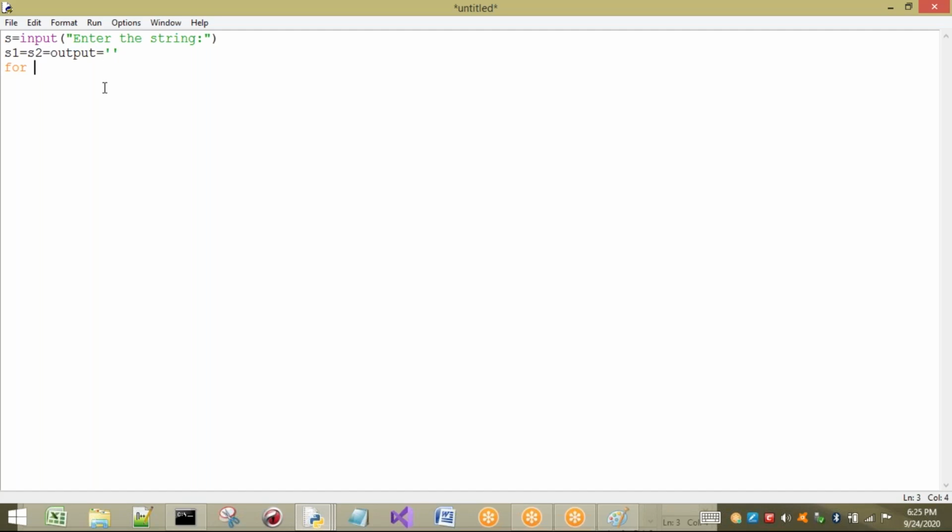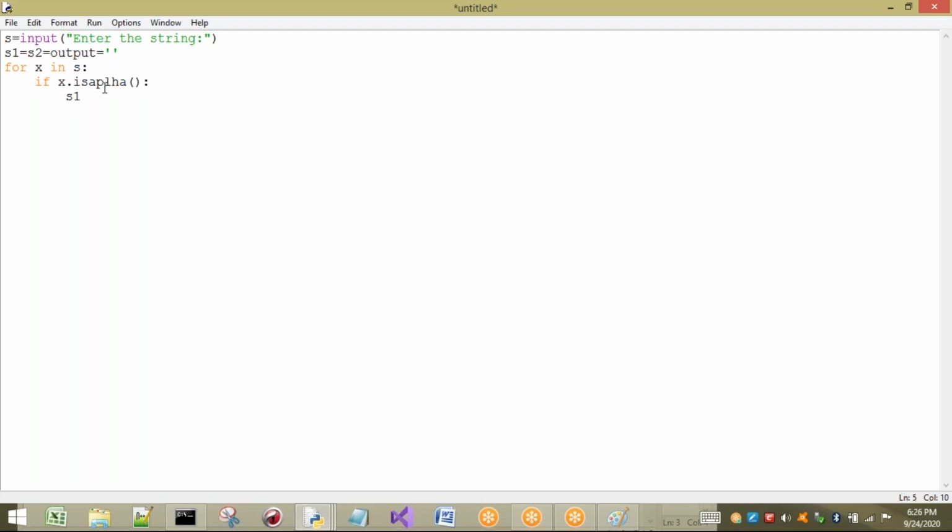So for X in S, whatever characters are present in S will be stored in X for every loop. Now if it is an alphabet, where do we have to store it? I have to store it in one string. That is, if X dot isalpha, it has to be stored inside one string.